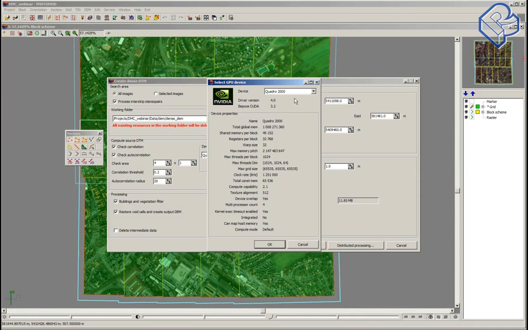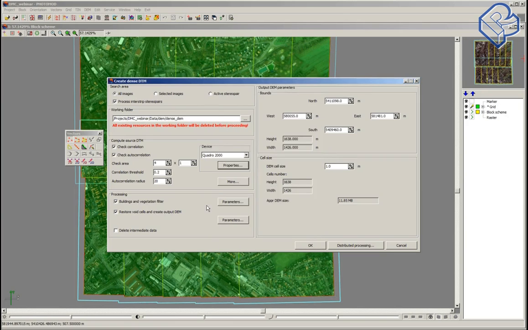I mean, I use CUDA technology for DEM creation. So it's recommended to use GPU, graphic processing unit, and other options we can leave